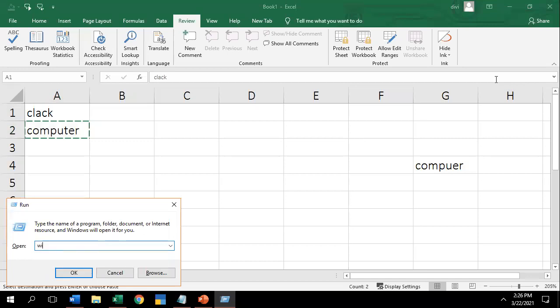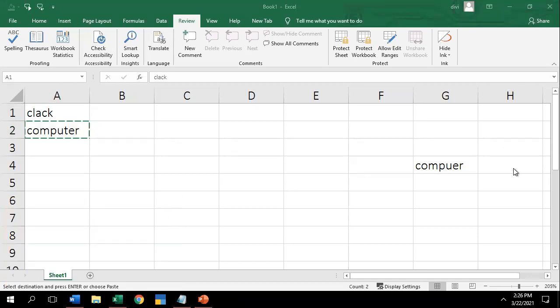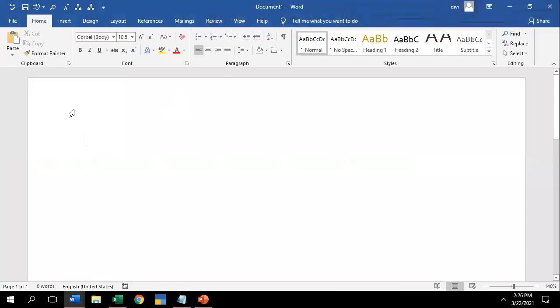Just see, I'll open Word. If I write any word, it will automatically be flagged. See, if I write computer, except I remove this T and press enter, it is automatically highlighted by a red underline.